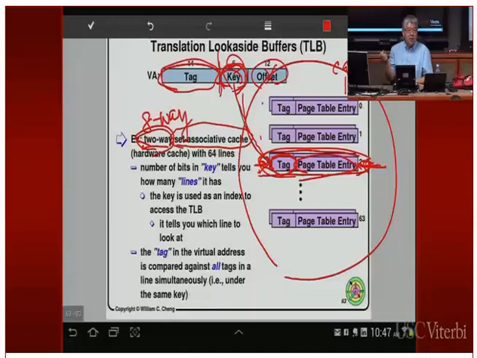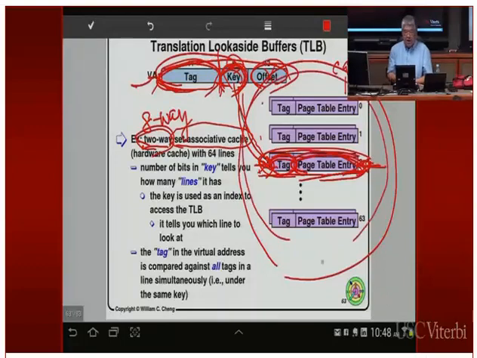So for the next memory reference you generate, hopefully it's going to use a similar virtual address. Only the offset is different, and the beginning part is identical. Therefore, the key will point to the same place as the entry you just replaced. Now when you search for the tag, you get a match, because you just replaced this entry with what you just looked up. So you get a hit on the page table entry and you don't have to go to memory for that. Then, when you fetch the data from memory, you use the page table entry to generate a memory reference on the memory bus to get the actual data.